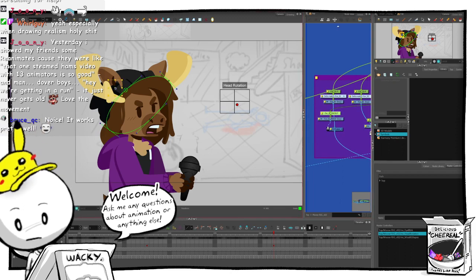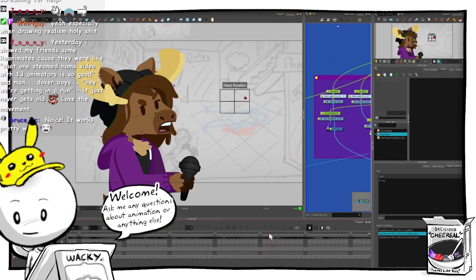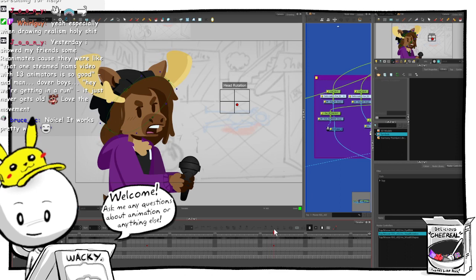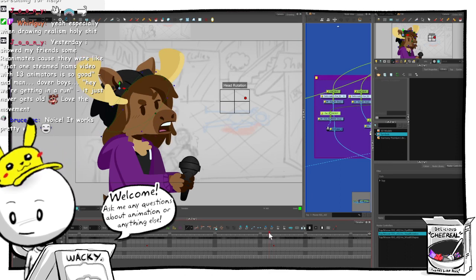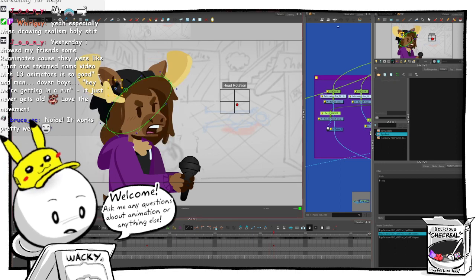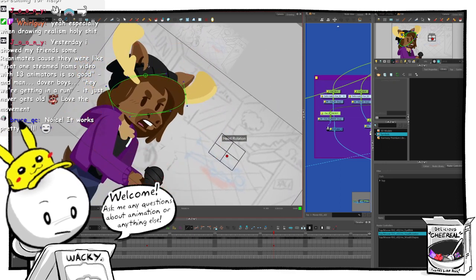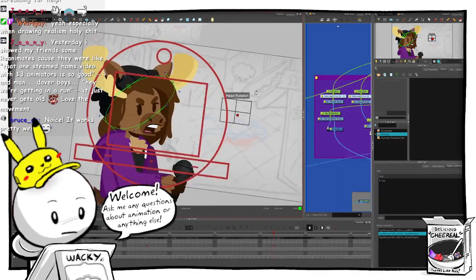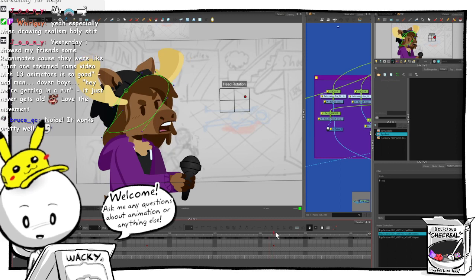Ear mask. Let's move that here. I actually don't like that. Maybe we just want to stretch it, perhaps. Like that. Yeah, that looks kind of cute.